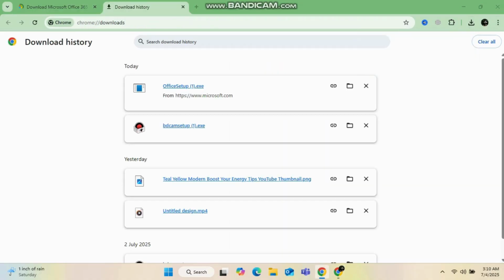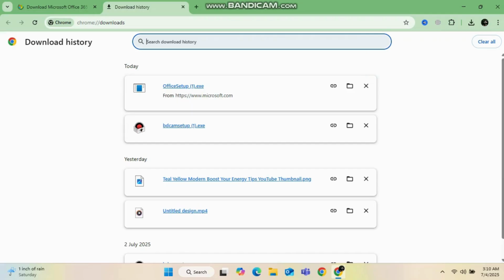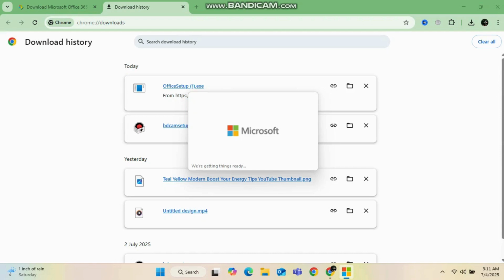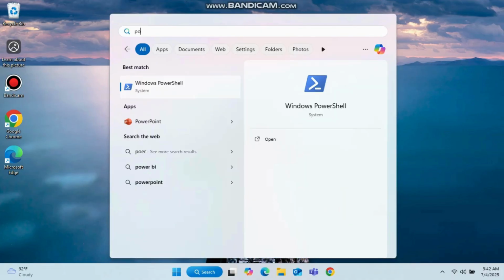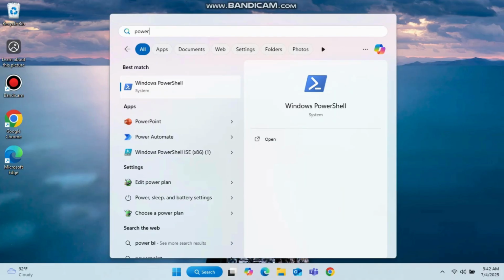After the download succeeds, whatever tool we have downloaded, the Office setup, we will have to install on our computer system. So first we will install it, then we will see another option. Now it has already been successfully installed on our computer system. Now the second option is that we will search for PowerShell, and in PowerShell we will run as